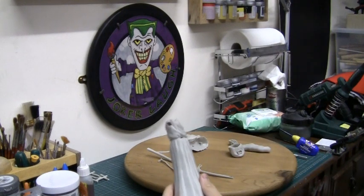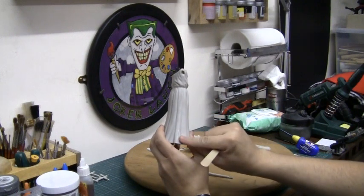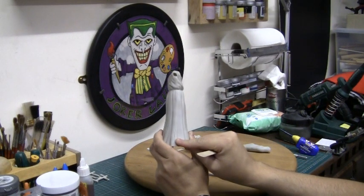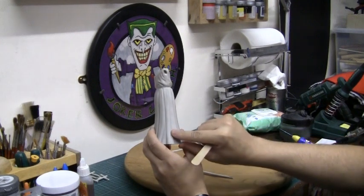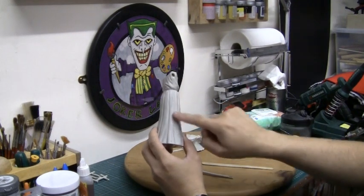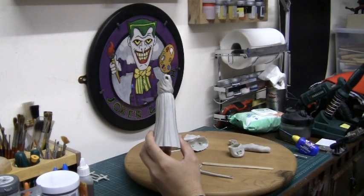And yeah, once done, usually fill them in. Now, if it's a wide hole, I'd fill it in with either Milliput or Aves epoxy modelling clay. But if it's just a small thin seam line like this, some modelers just add some more glue over the top. That is a pretty good method